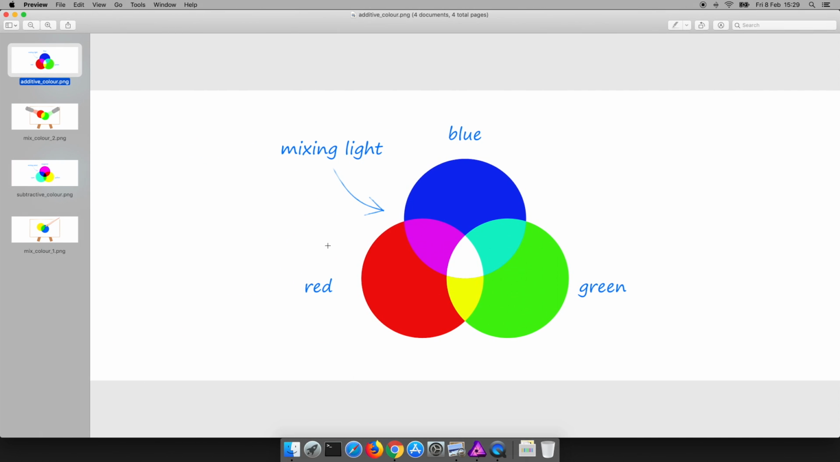You can skip this part if you want. You don't have to know why that happens. But if you're interested, I think the explanation is interesting. So, when we mix light,